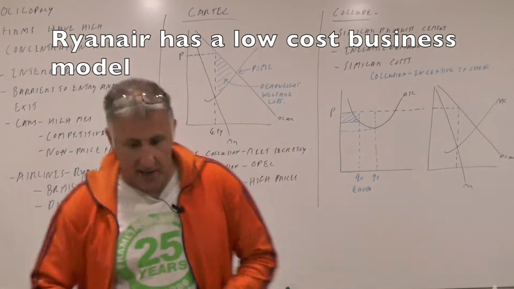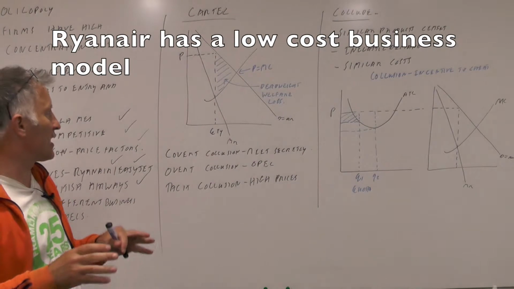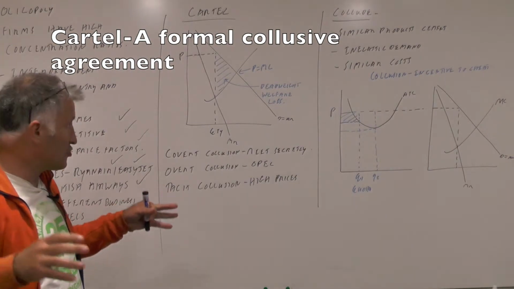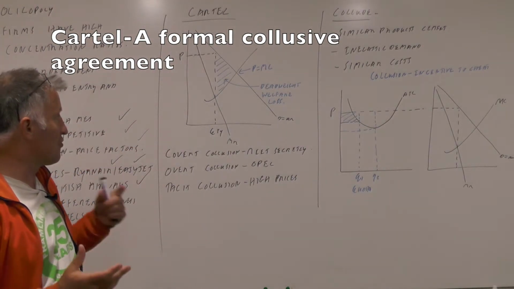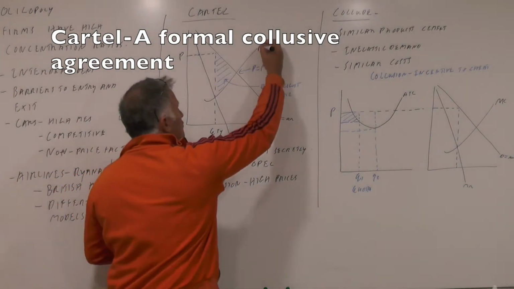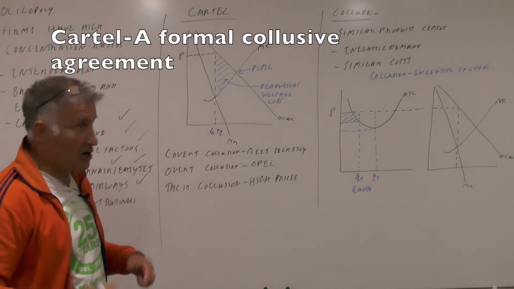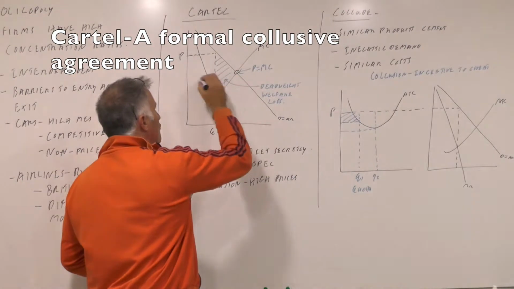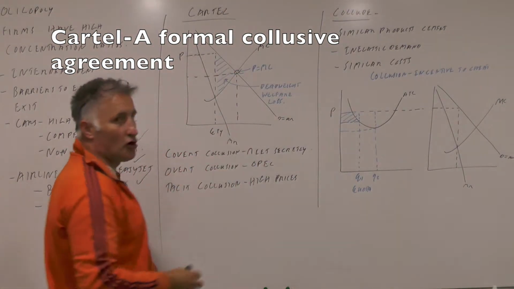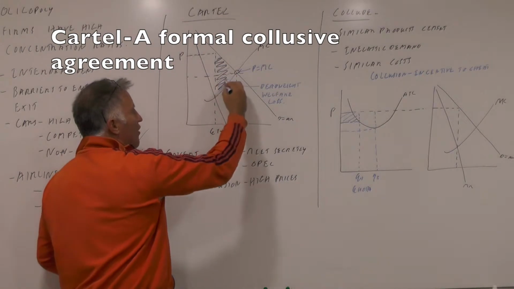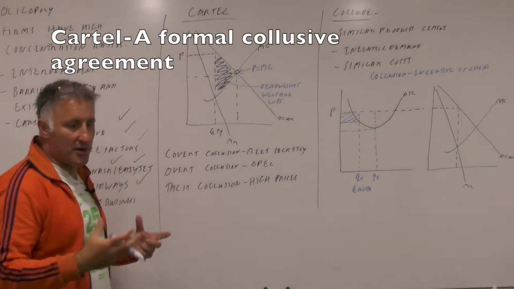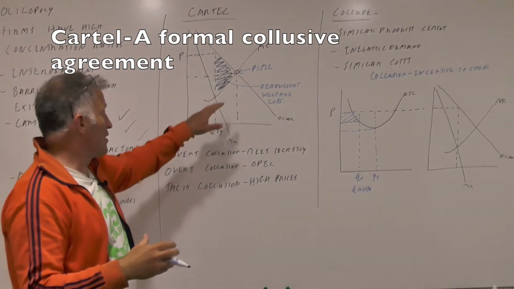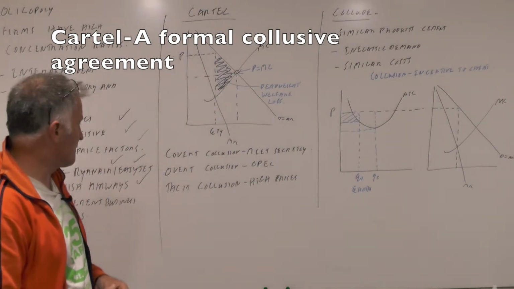Okay. Now, basically, the main argument against a cartel. What is a cartel? A cartel is when all the firms in the oligopoly industry join together and then they act as a monopoly. So they produce where MC is equal to MR. Okay, so we just draw an ordinary monopoly diagram. However, we can say there's a deadweight welfare loss if they do that because they're not producing where price is equal to marginal cost. So you're losing all of that area of welfare there. So the basic argument against a cartel, when firms join together, is that it stops competition, and we can prove on this model that it leads to a deadweight welfare loss.